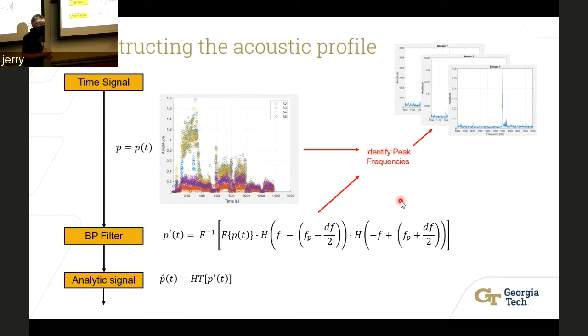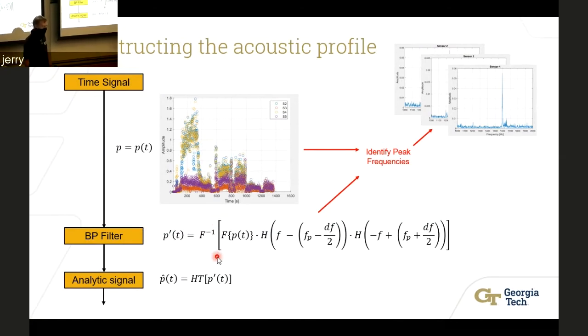So we start with a time signal of pressure, and you can plot it as a function of time, because that's what the data is measured in. We have multiple different sensors at different azimuthal locations, so we just plot all of them at first, and then we can look at each sensor's measurement. We basically apply the bandpass filter after converting to the frequency domain, and by applying it, we're able to identify the peak frequencies. These are the frequencies at which we have unstable conditions.